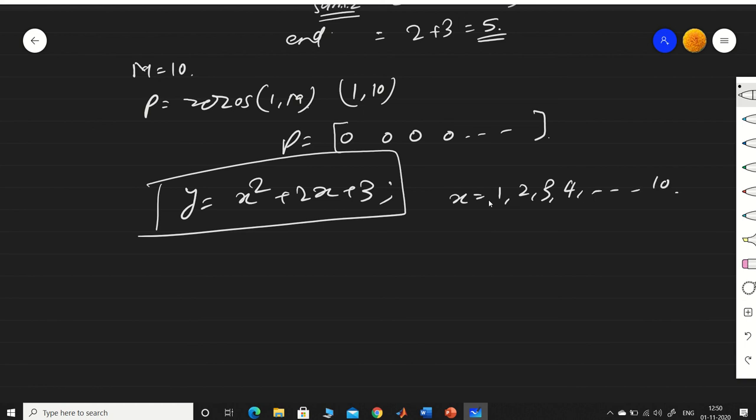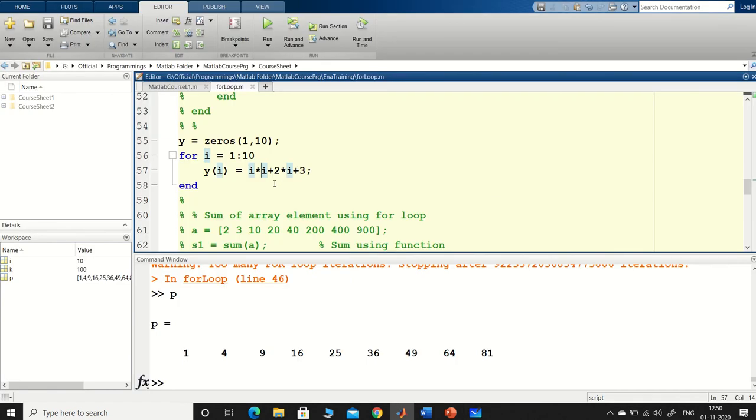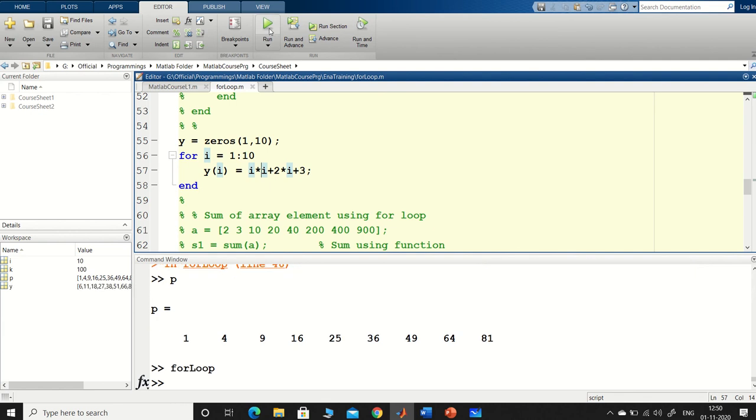So for x equal to 1, what is your corresponding value of y? What is your corresponding value of y for 2? Like that, if you want to do it, it's very easy using a for loop to understand how this behaves. You can put it like this. So i has become 1, it is going to be i square plus 2i plus 3. So like that it will keep on storing, and y(i) will keep on showing that value.